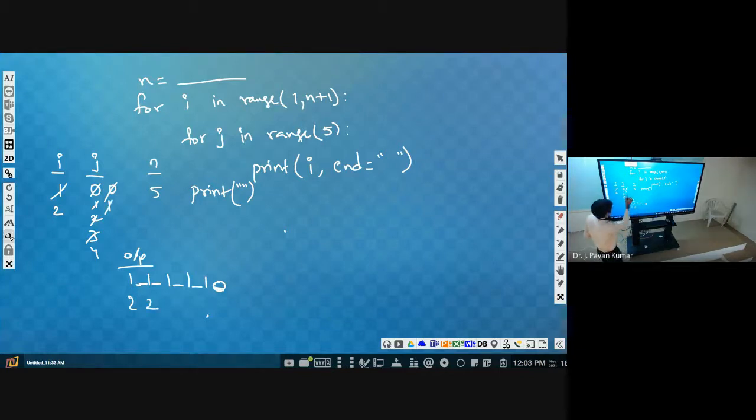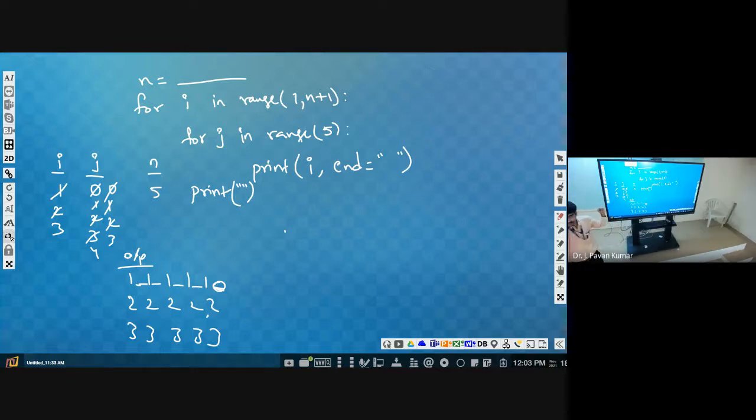Again it will be 2, again it will be printed. Next 3, again it will be printed like this. After completing 5 times, it will print nothing. That means it will place the cursor in the next line. Again, the I value will be incremented. Then we can display. Got it?